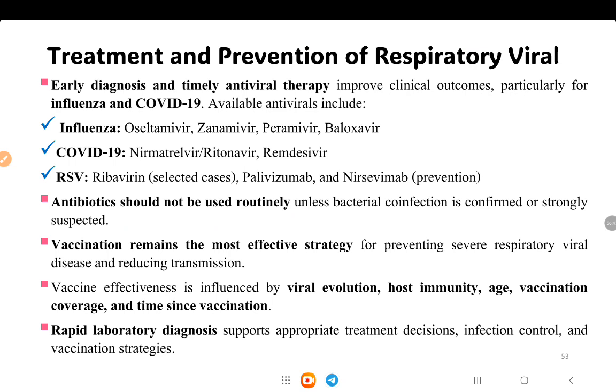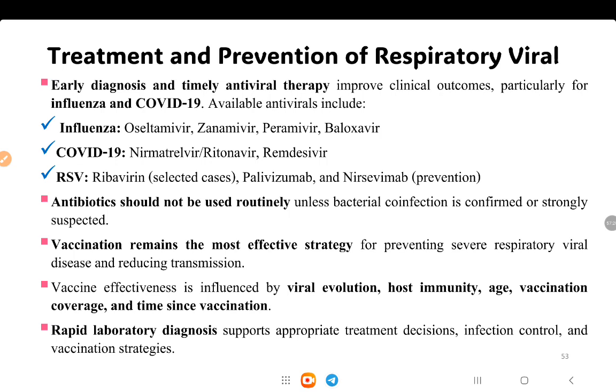In the last part we discuss the treatment and prevention of respiratory viral infections. Early diagnosis allows patients to receive treatment at the right time. So our diagnosis is very important to give the patient the right treatment at the right time. For influenza antiviral drugs, we can use different types of drugs, which are oseltamivir, zanamivir, and baloxavir. For COVID-19, we can use different types